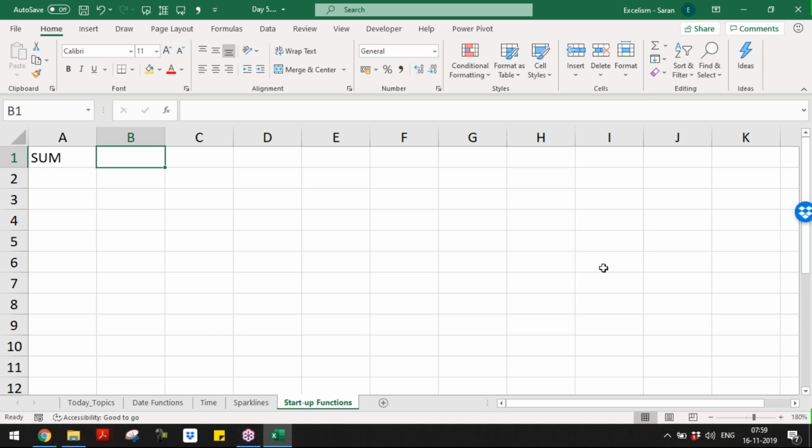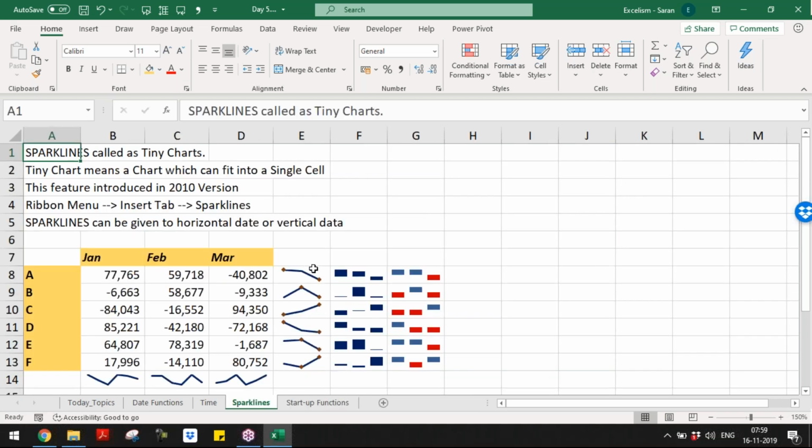In the dashboard, Dhananjay, this can be used best in the dashboard. Let's say I'm preparing a dashboard for the CEO or CFO. Every time I may not keep the transaction data, that means I may not keep the data in numbers. In those cases, just to have a glance, for example, when three values are there, I want to know the trend without looking into the numbers, because management is always looking into the charts and they'll derive something out of it. Practically we can use this for dashboards, not for any other analysis, because these days visualization is very much required in preparing MIS and so on. In those cases you can use this.